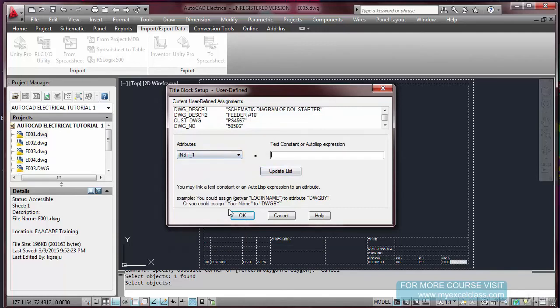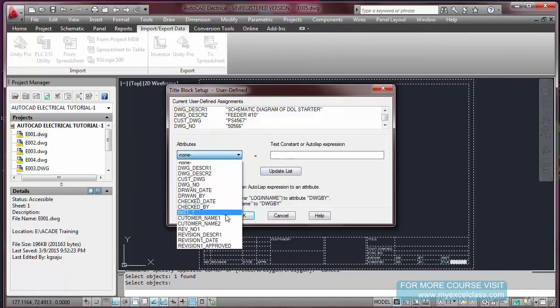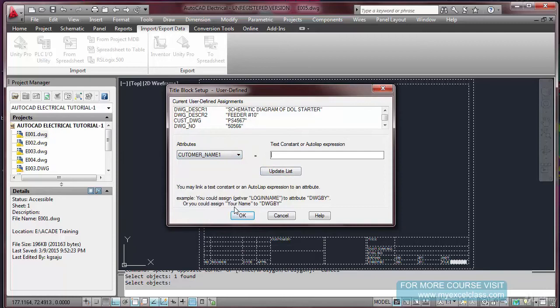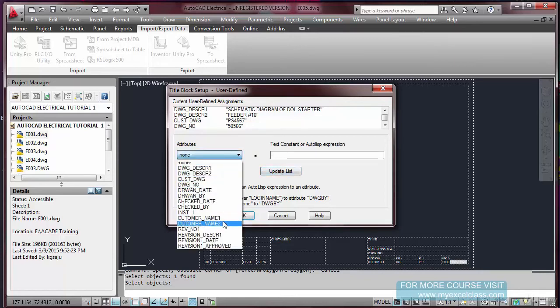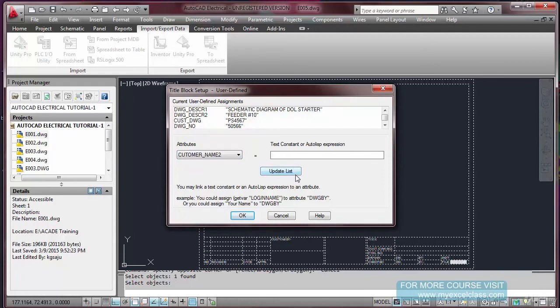Now installation, if you know the panel number, this is 01 TT. Installation, update list. Now comes customer name. So Bhushan Steels, let us say Bhushan Steels. Customer name 2, I want to put Sahibabad, Bhushan Steel Sahibabad.